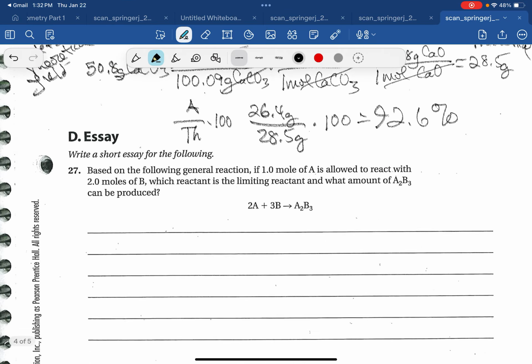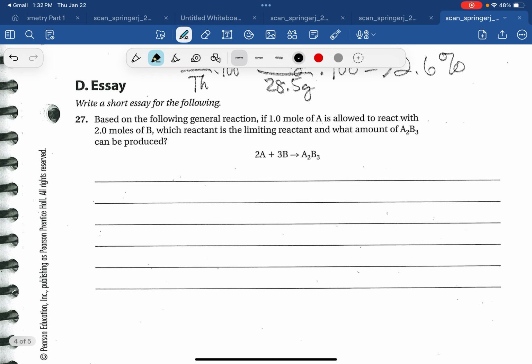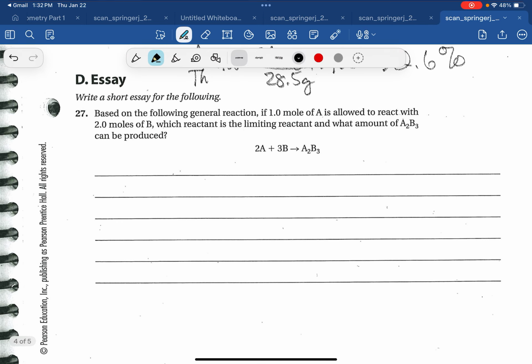And we'll do this essay question and call it a video. Based on the following reaction, if 1 mole of A is allowed to react with 2 moles of B, which reactant is the limiting reactant, and what amount of A2B3 can be produced? Well, if we have 2 moles of A, we need 3 moles of B. If we have 1 mole of A,